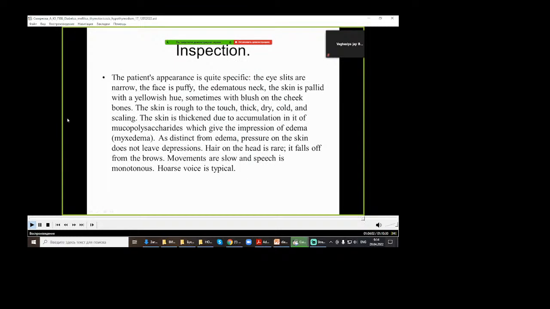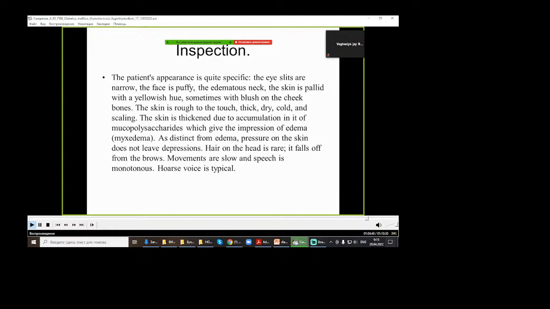The general inspection of patients with hypothyroidism. The patient's appearance is quite specific. The eye slits are narrow and the face is puffy. The neck is edematous, the skin is pallid with a yellowish hue, sometimes with bluish on the cheekbones. The skin is rough to touch, thick, dry, cold and scaly. The skin is thickened due to accumulation in it of mucopolysaccharides,